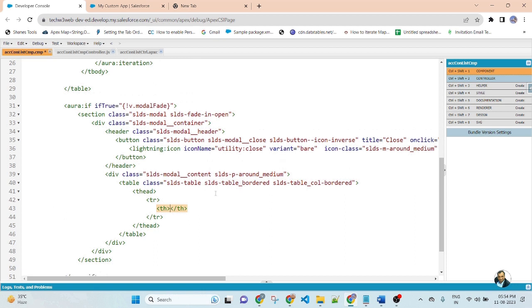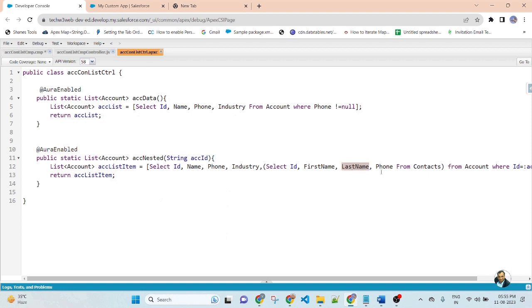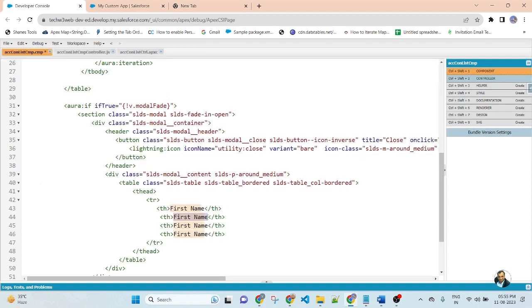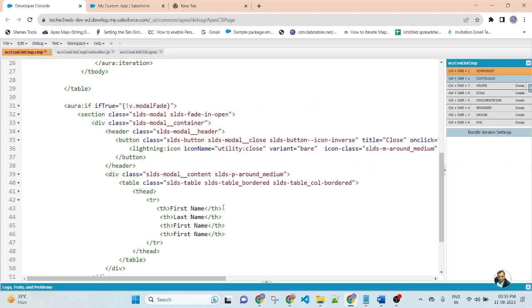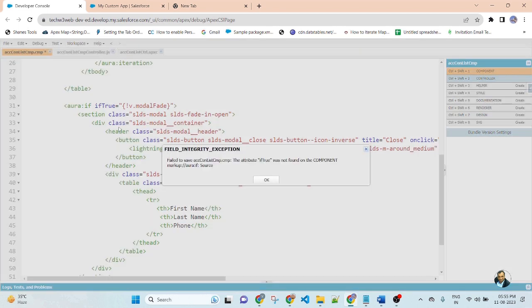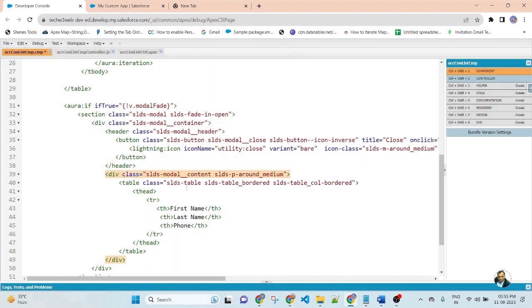So here I will display first name, last name, phone, there are 3 columns displayed.